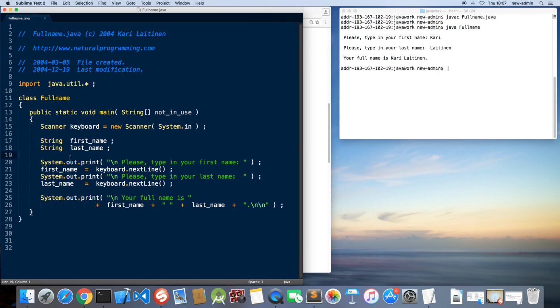And then there is this print statement that prints this text to the screen, and this is also a string. And then there is this statement that reads a line of text from the keyboard. Now we are using this method called nextLine. So we write keyboard.nextLine to read one line of text from the keyboard. And then there is this print statement again, and we print this text to the screen, and then again we read a line of text from the keyboard. And then you can think that these variables now start to contain the text that is read from the keyboard,